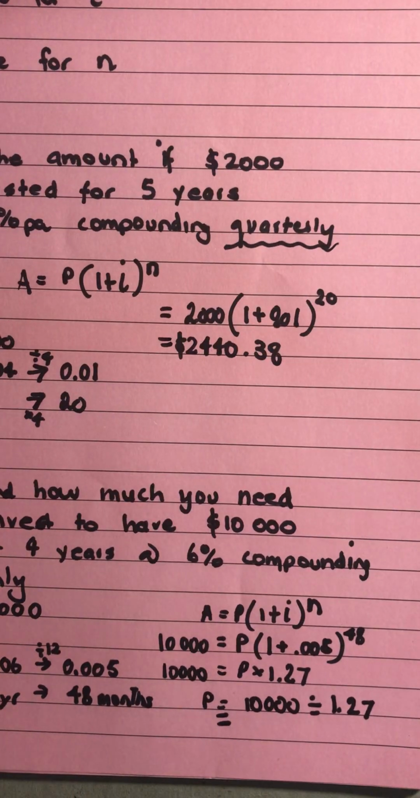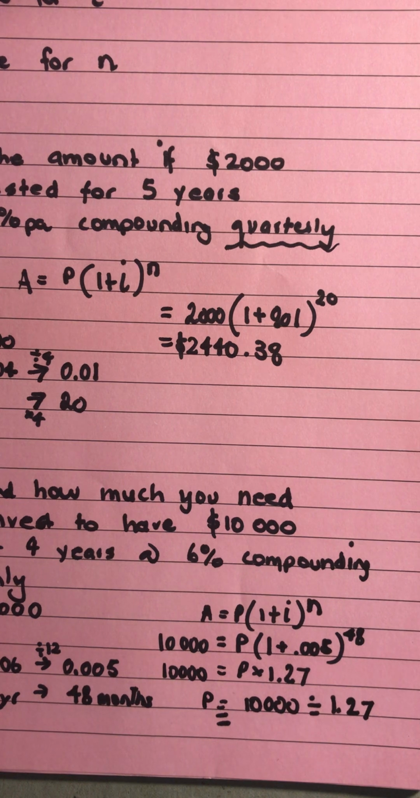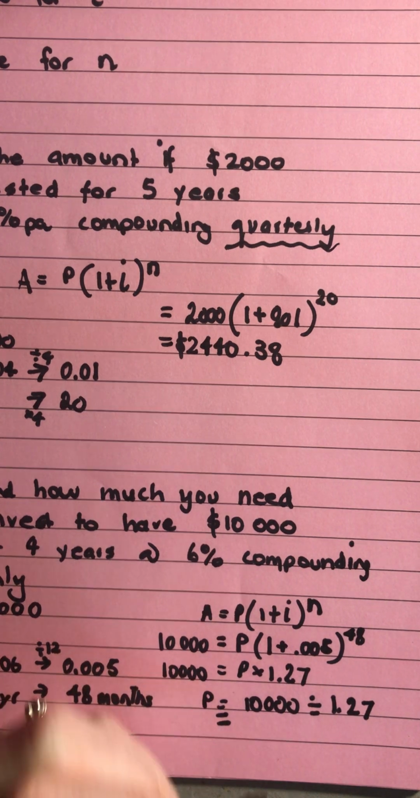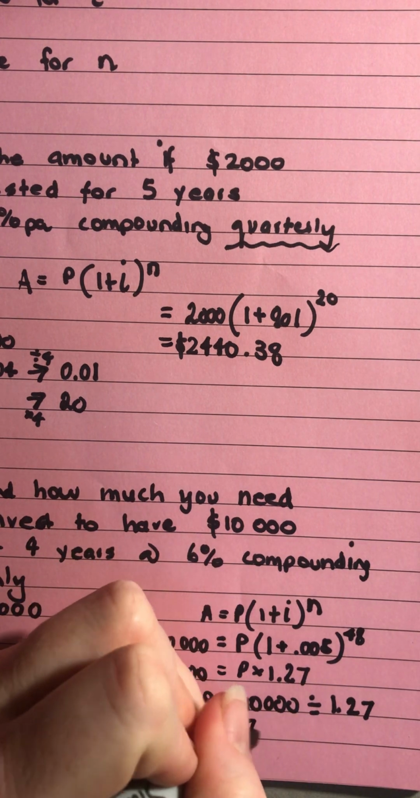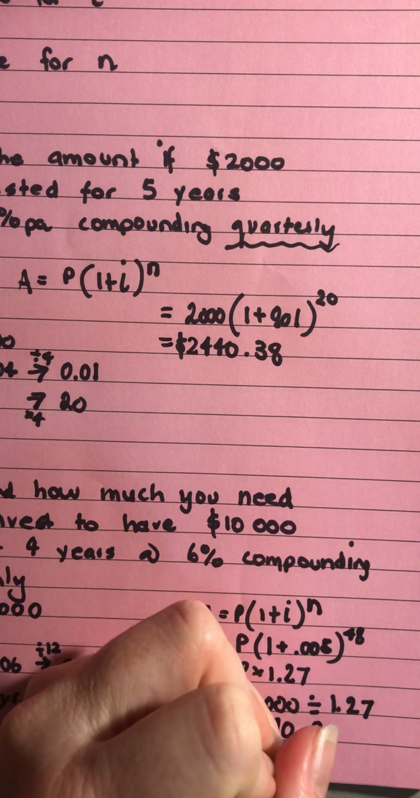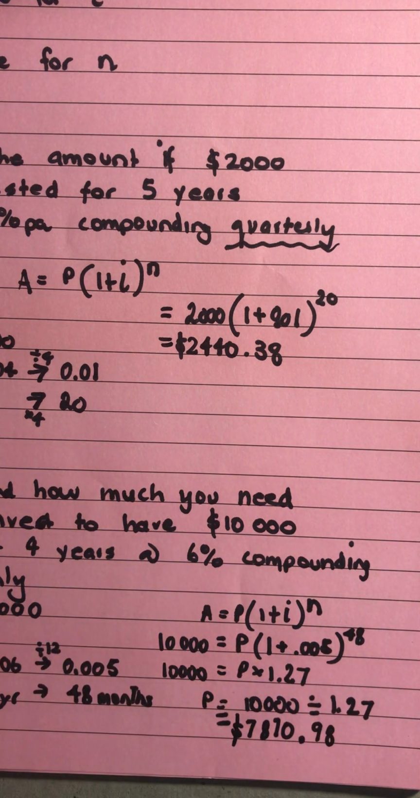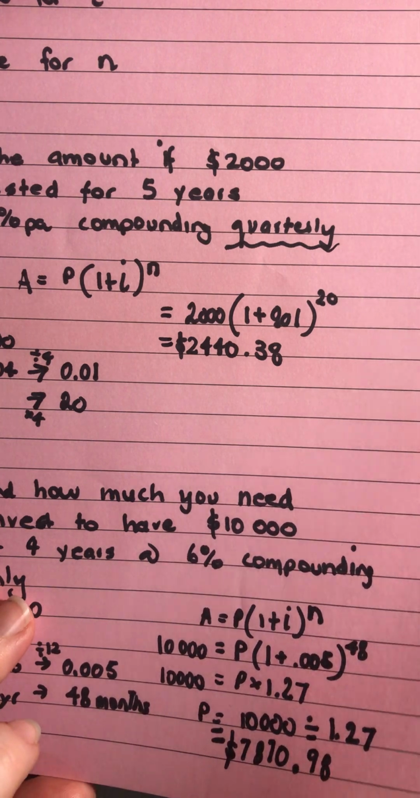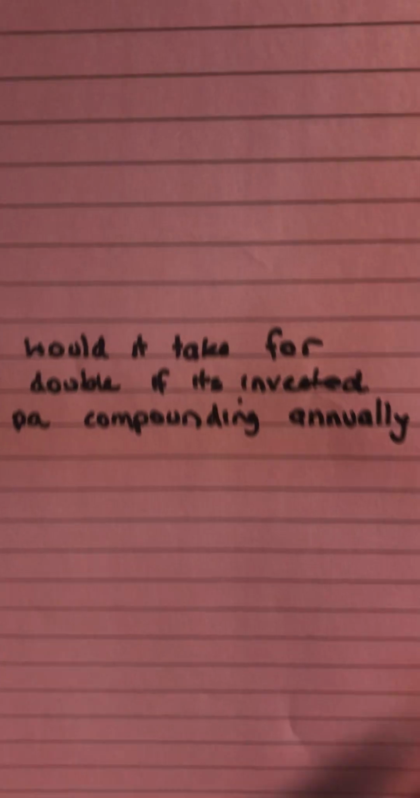So I've got those decimals still in my calculator, so I'm going to do the 10,000 divided by and just use the answer key there to bring that number down, and I get $7870.98. So you must have invested that amount to get the 10,000 out at the end. Now the third type is